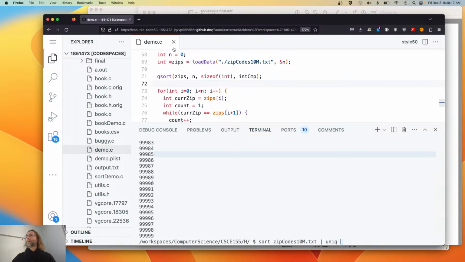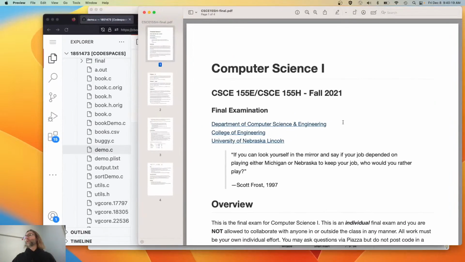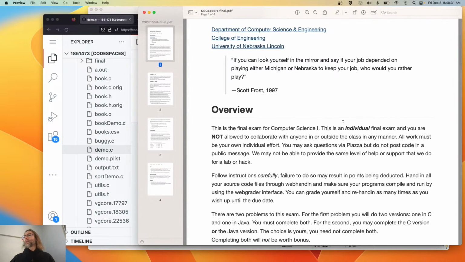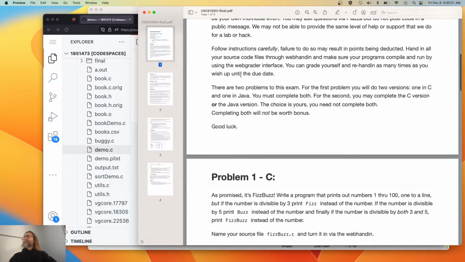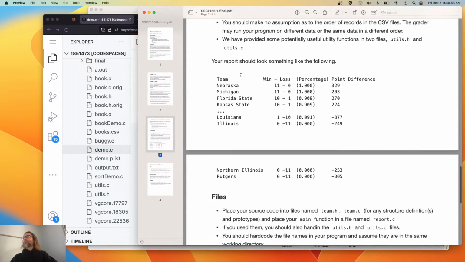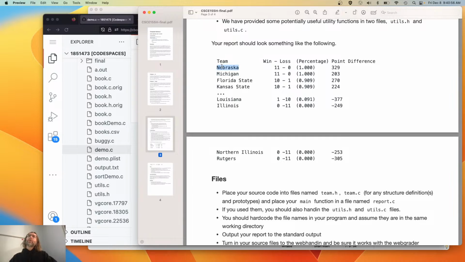Right? All right, what I wanted to do with the rest of our time here is a speed run, maybe, through the 2021, excuse me, final exam. So that year, Scott Frost was still our coach, and he had this quote back in 1997. If you don't know any football history, that's perfectly fine. In 1997, this predates the FBS playoff system, in which it was the coaches poll and the media poll, etc. And basically that year, Nebraska and Michigan were both undefeated,